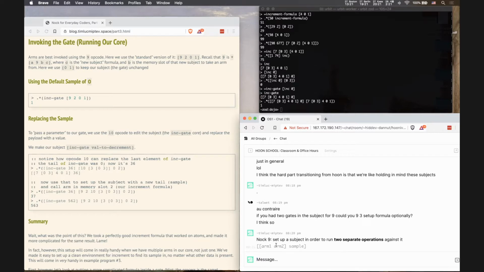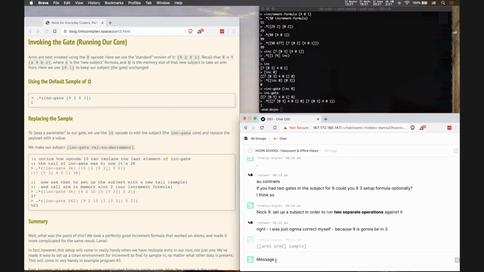If you have arm 1, arm 2, sample, arm 1 is in slot 4 and arm 2 is in slot 5. The sample is going to be in 3, right? But you're absolutely correct that you very easily might want to do something like 9-5